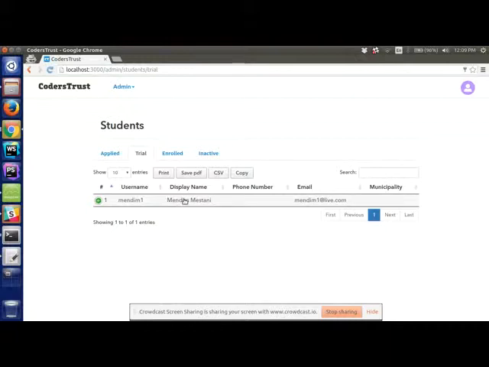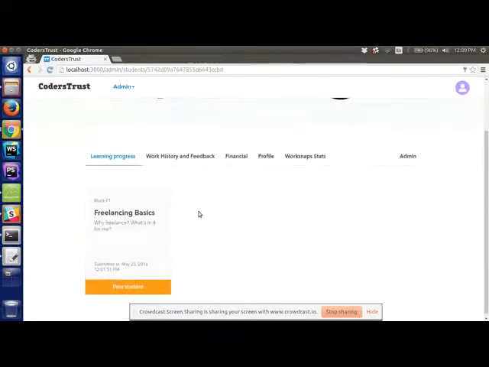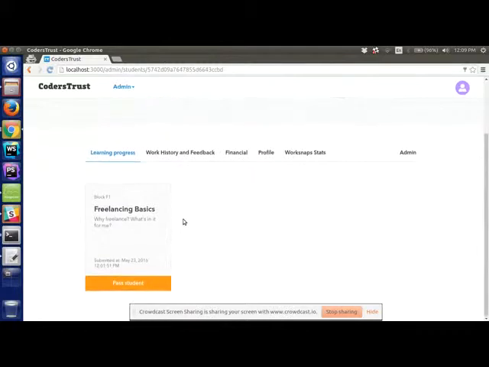So I'm just gonna go to this student profile. And in the learning progress, I can see that this student has made a request to assess his or her work. So in here, we can just say, okay, we see that, for example, for the block FNI, the student has sent us that email and the student did a great job. So, okay, I'm just gonna click, I'm gonna pass this student. In this case, the block FNI is completed.